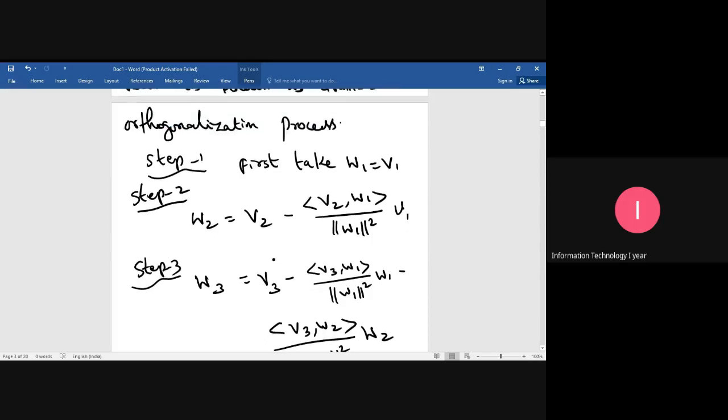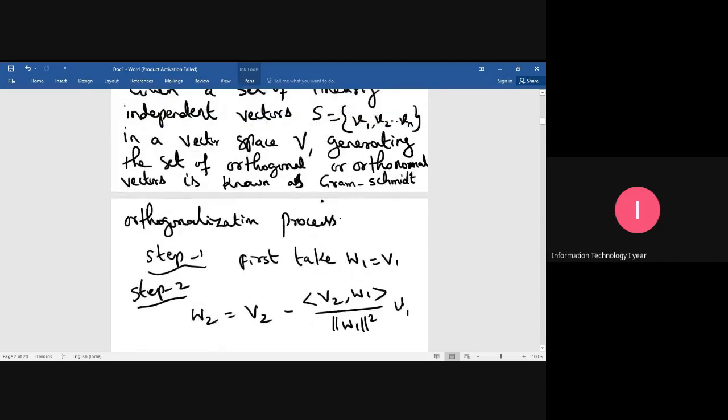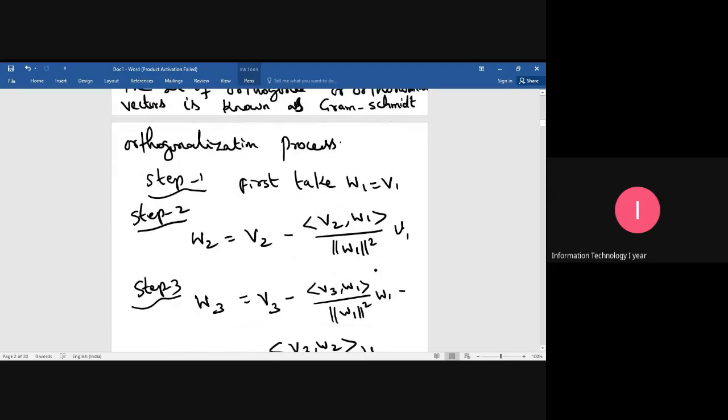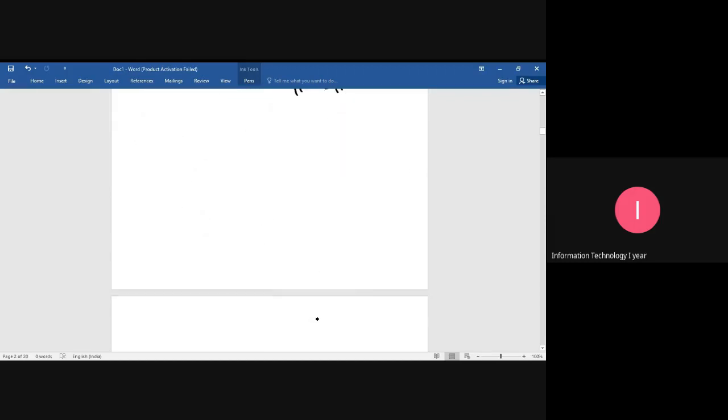So how are we finding the new orthogonal set? V1, V2, Vn will be given. In the first step, take V1 as W1. Then find W2 using the formula, where W2 uses W1, not V1. Then find W3 also. Like that, find all the new sets. Based on that, we do problems now. This is important. My 8-mark question, definitely one question will come from the orthogonalization process.